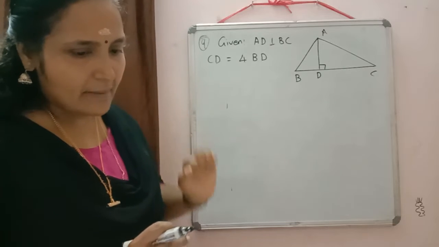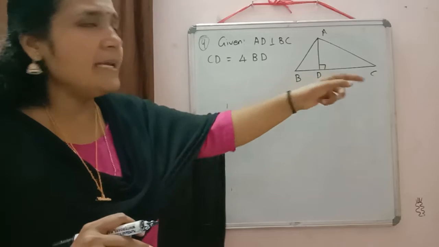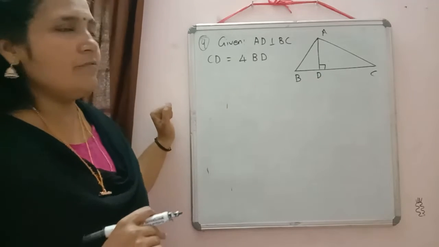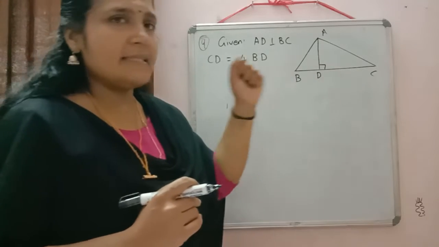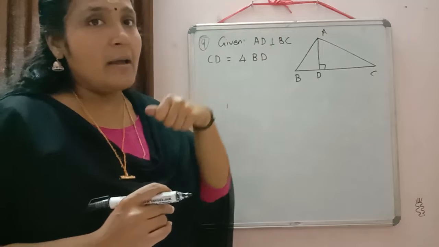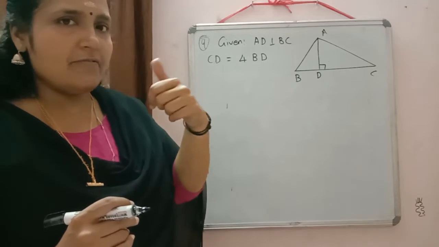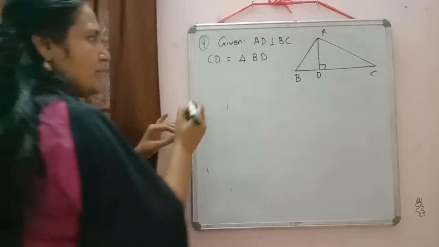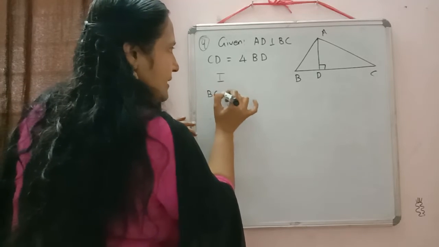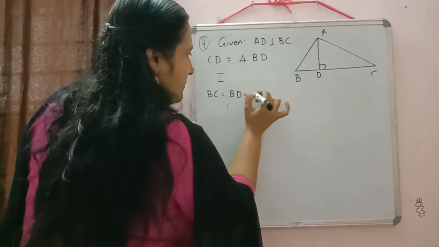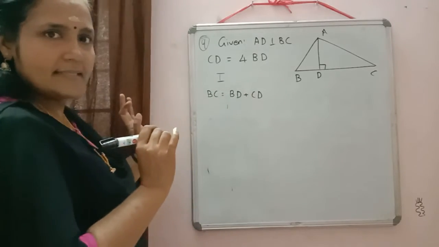Whenever these type of questions are there, you can check in the proof, we don't want any side BD and CD. So using the given information, we will rewrite both sides BD and CD in terms of BC. I am giving you both the methods to write down. Whichever one is easy for you, you can use. So the first method, you just check how we will write there. BC can be written as BD plus CD. Correct?